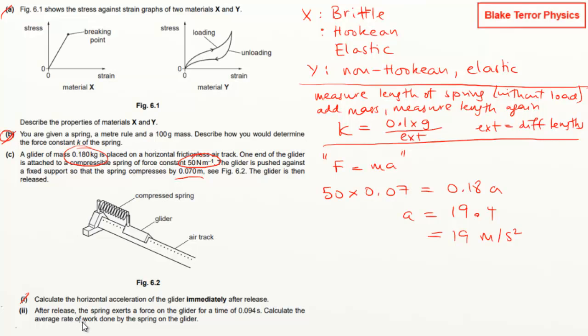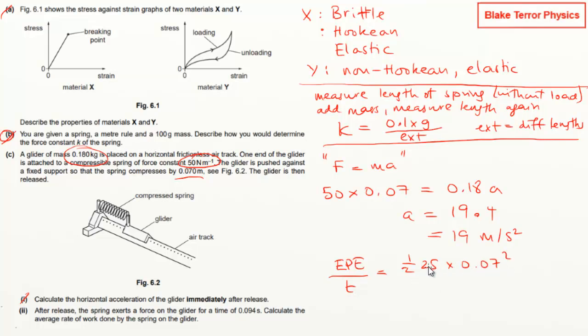After release, the spring exerts a force on the glider for a time of 0.094 seconds. Calculate the average rate of work done by the spring on the glider. Right, so this is going to be the energy, that's going to be our EPE divided by the time, because the EPE in the spring is going to the glider. That's what's happening to it. So we're going to have a half of kx squared,